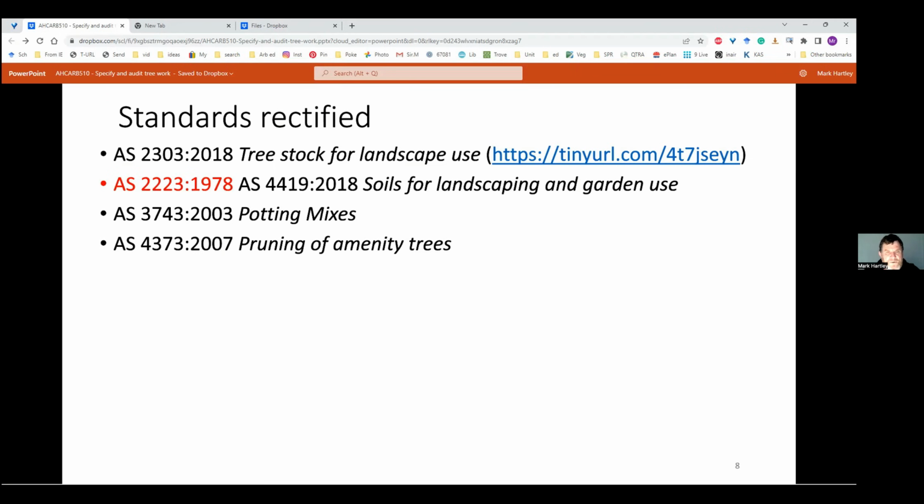We do a lot to do with pruning, and we really do need to get more familiar with that standard. I'll encourage you to read it, mark it up, make comments on the standard. There are things that are wrong with it, things that we're working at improving. Certainly more environmental pruning techniques will come into the standard. Protection of trees on development sites, you all know that's up for review. So there's going to be some changes with that.